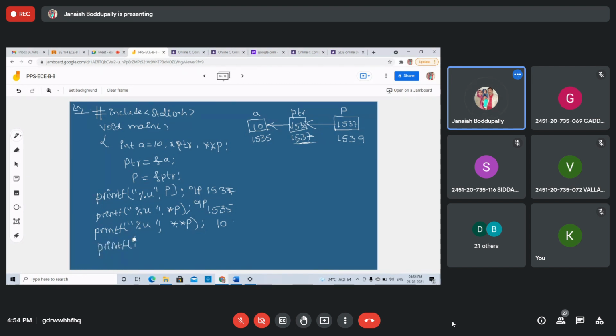Printf %u star PTR. Can anyone tell me, what is PTR? PTR is the address of A. What is the address of A?